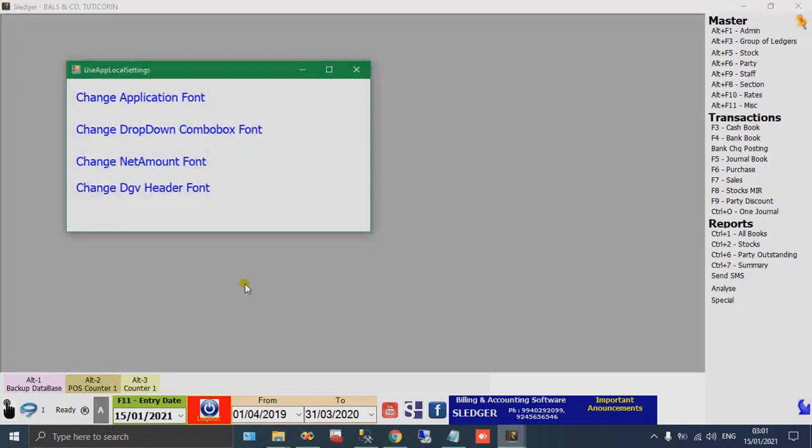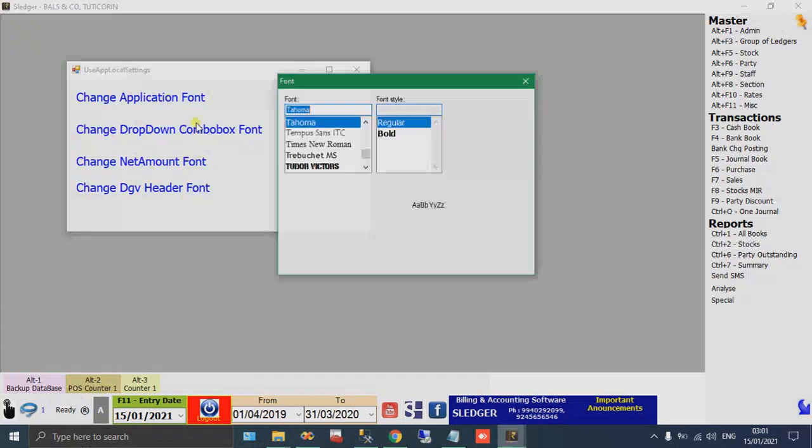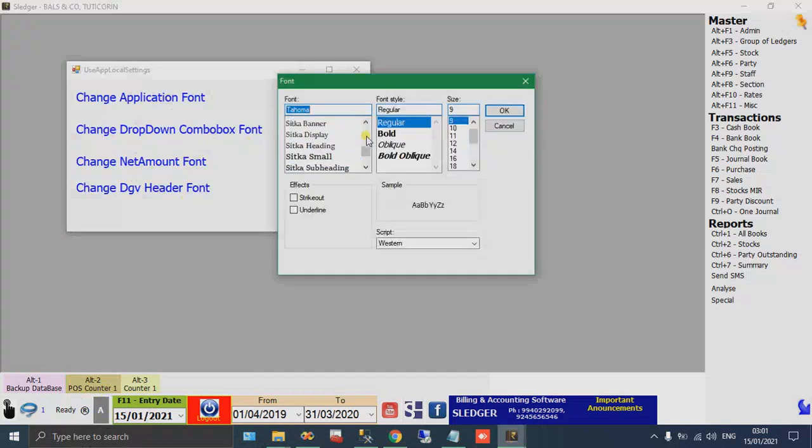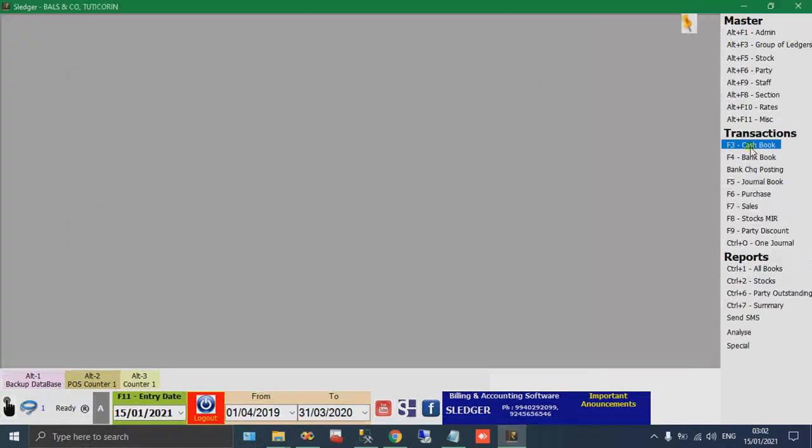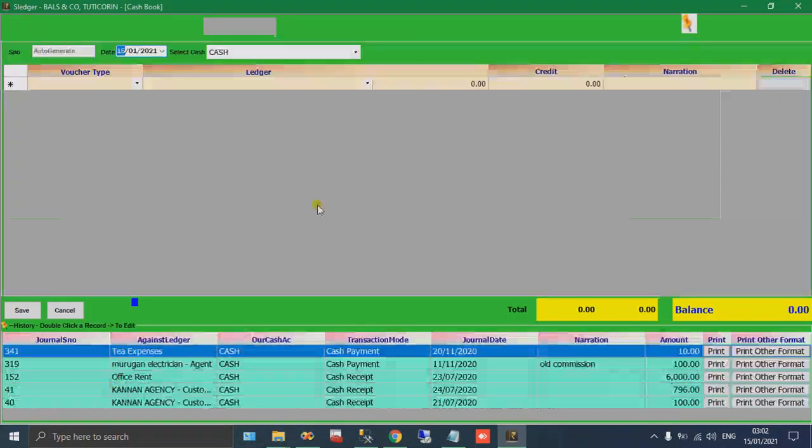Now open a screen. You could see all the options in Franklin Gothic. Yeah, see in the history box, it has been changed. Like many screens will be changed to the new font settings. Menus are also changed. Yeah, see, it has been changed to the new font.